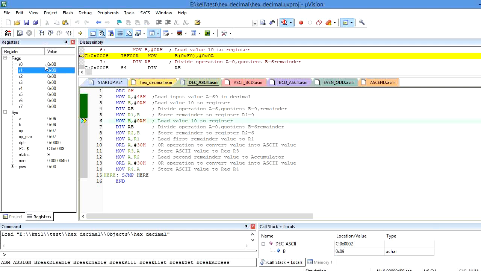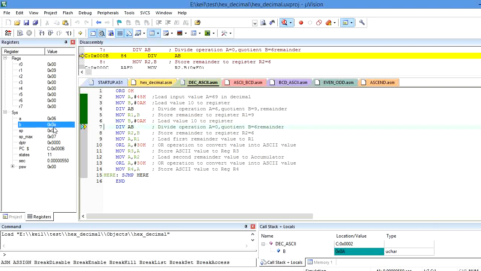Next, the next digit I want to process is 6. So I need to perform the divide operation by 10 here. In order to perform divide by 10, again I am going to copy move B, #0AH. Now B is 0AH.